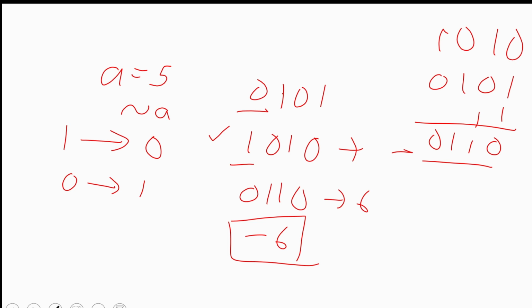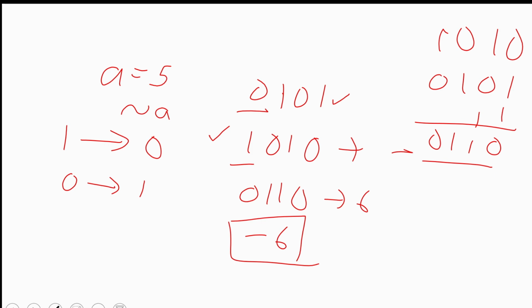Let me discuss again for you. They have given the A value is equal to 5 and they asked you to perform the bitwise NOT. First, you need to represent 5 in the binary form and for that number you need to find the bitwise NOT. Now, you have identified that the sign bit is 1. So, I can say it is a negative number and the negative number will be represented in the 2's complement